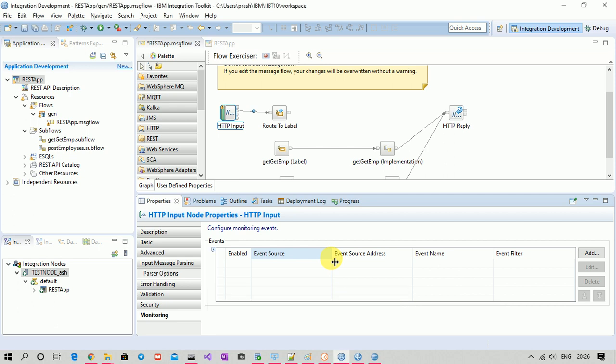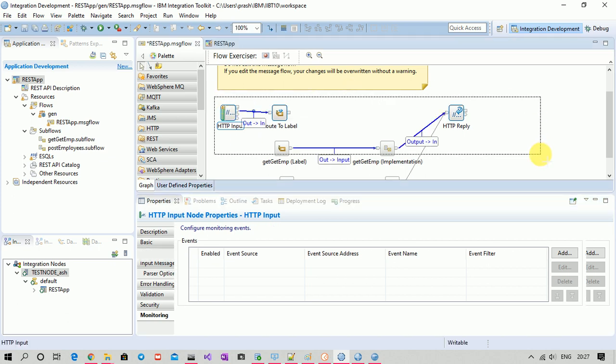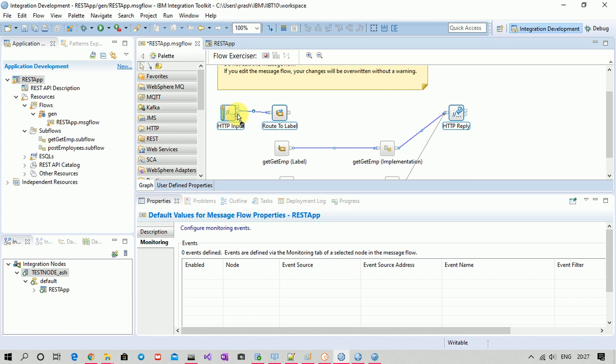Okay, so today we'll study about event monitoring in IIB. Monitoring is nothing but a kind of feature where we can log some events whenever a node is subjected to some transaction, right? Basically, if we enable monitoring for a particular flow, then if somebody invokes this particular web service and my message passes through these nodes, then we can have these nodes emit some events.